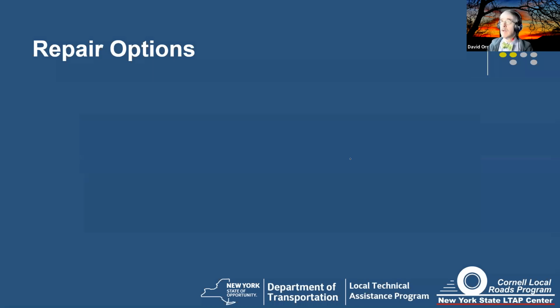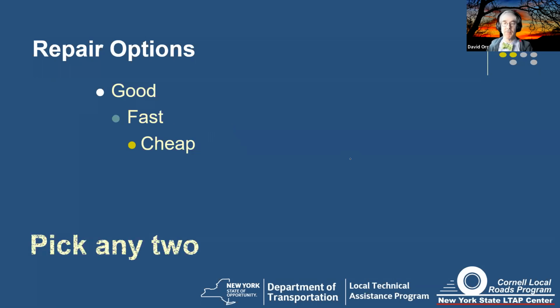So in terms of repair options, before we get into the actual costing, there's an old saying in construction: there are 3 options, good, fast, and cheap, and you're allowed to pick any 2. Now, this isn't completely true. Like all sayings, it's got a bit of hyperbole to it, but it's not actually as far from the truth as we'd like to see. A lot of times, if we rush something, we tend to get cheap. That's the one we really don't want. We can do things quickly, but sometimes they can be expensive. The goal is to make sure we don't do cheap. We do good and fast, and then we worry about cost as well.